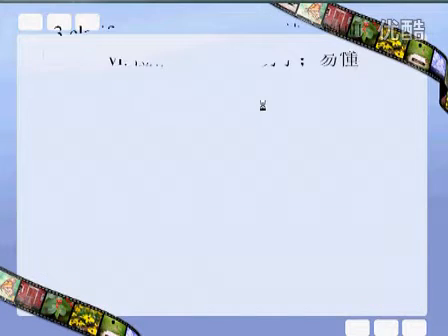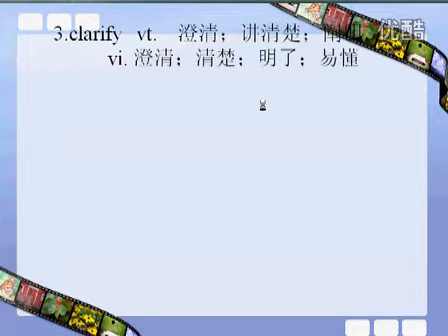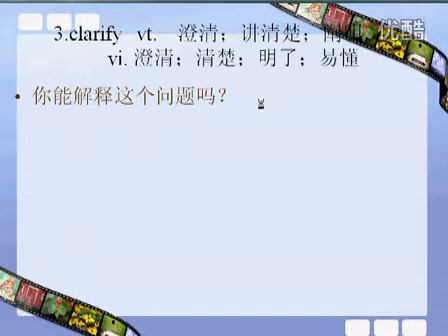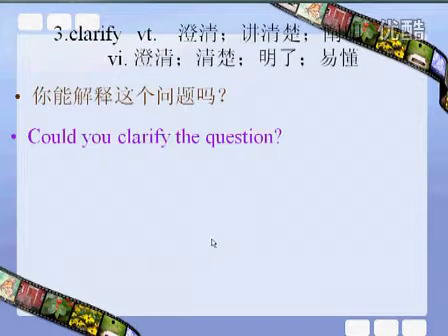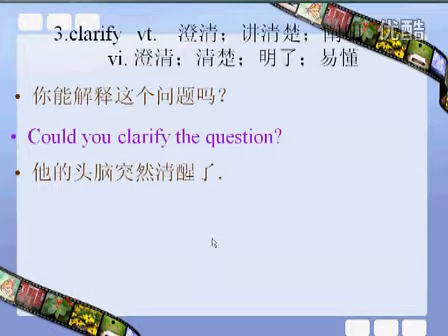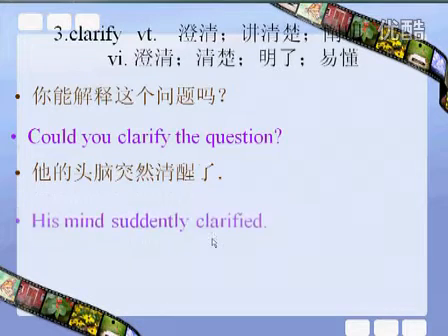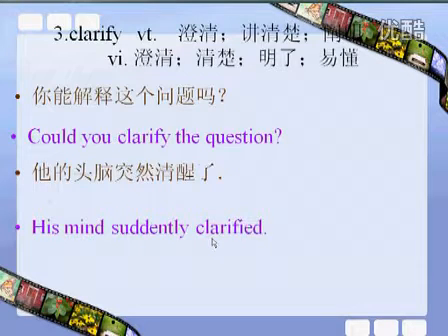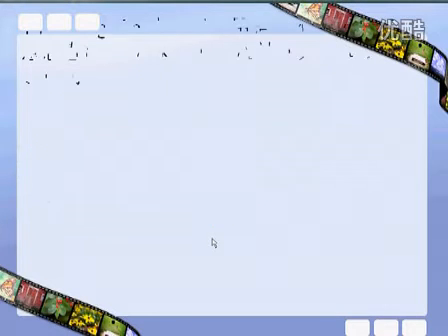Okay. Now look at the next word, clarify. 这个词我们也谈到过。关键呢，注意这个词的词根 clear，means 澄清、讲清楚。For example, 你能解释这个问题吗？Also, we can use explain. 当然，我们可以用 explain 这个词啊。Could you clarify the question? Next, 他的头脑突然清醒了。His mind suddenly clarified. Clarified, 是个动词啊，突然清醒了。